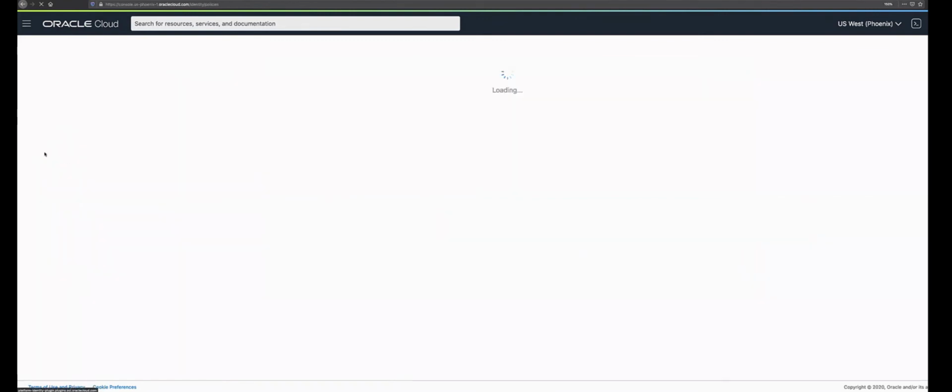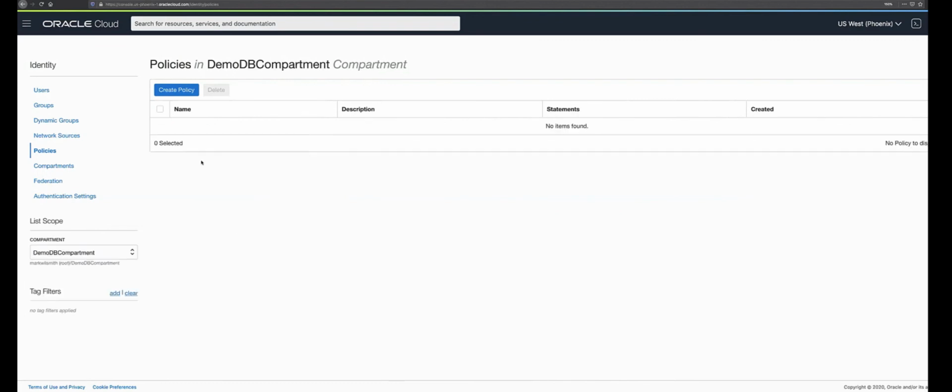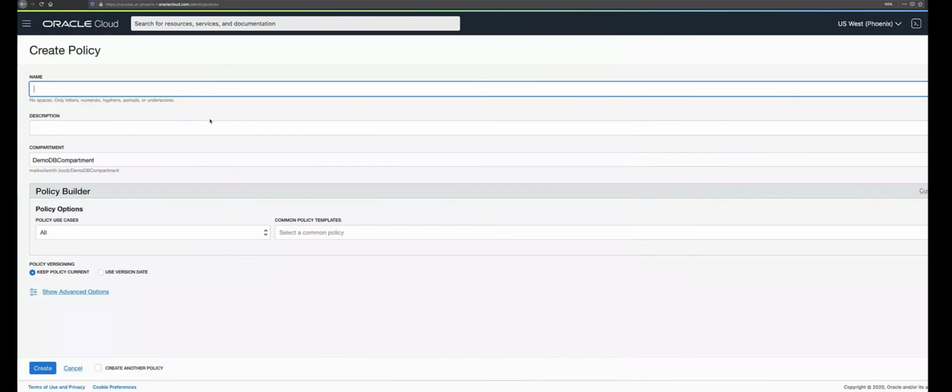And then the last thing I need to do is create some policies. So when you go in here, what you want to remember is that you have to select the compartment on the far left-hand side that you want to write policies for. Otherwise, it defaults to the root, and so I would then be writing policies at the root level. And again, this influences who can access that policy and or who can change that policy. So I'll go ahead and create a policy here in my DemoD compartment. Click Create Policy, and then